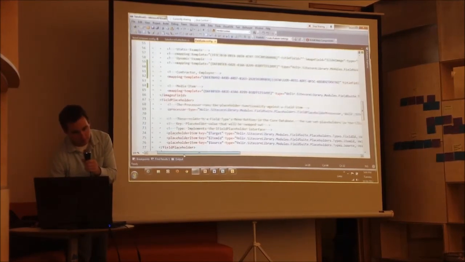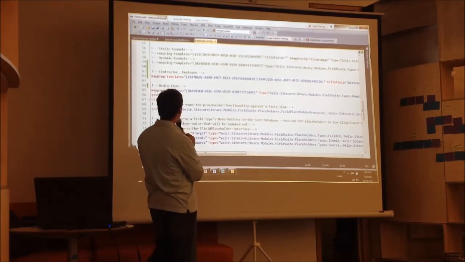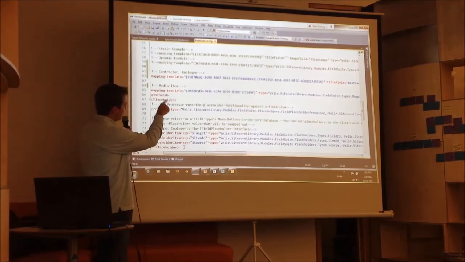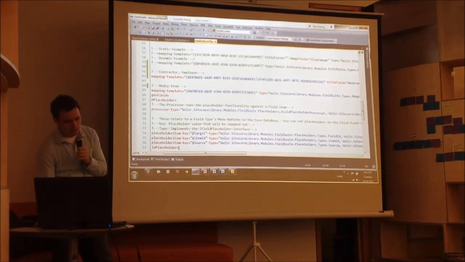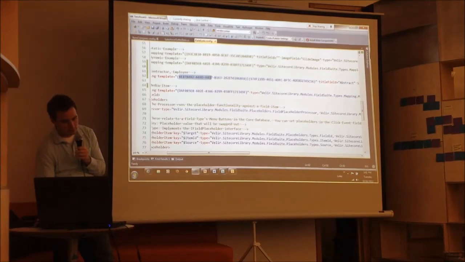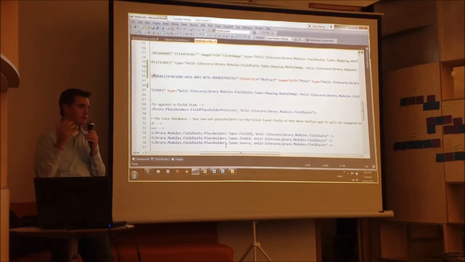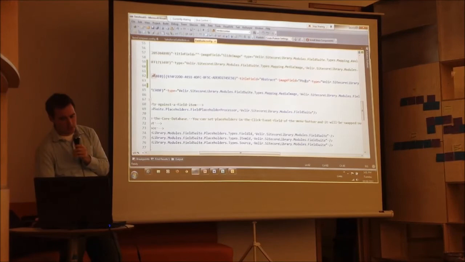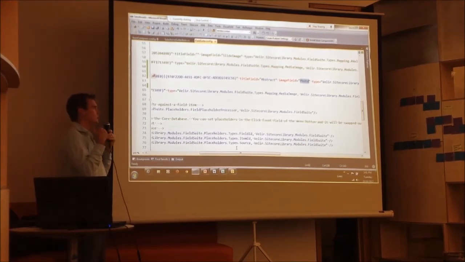So here, for the contractor and employee templates, we have their template ID. And we're basically telling the images field, for these templates, that we're defining the title field as abstract. That's a little block of text underneath the images. And we're defining the image field as photo. And so for each template that you want to work with the images field, it needs to be mapped here